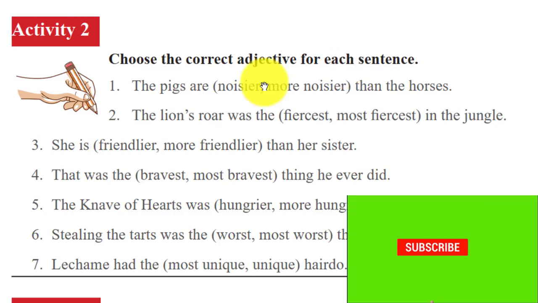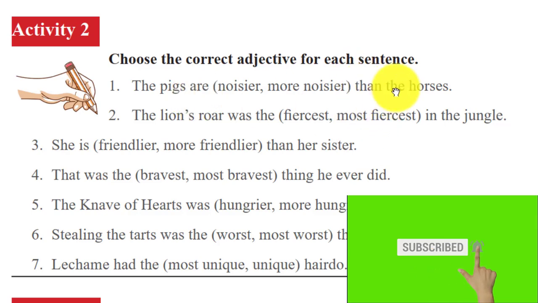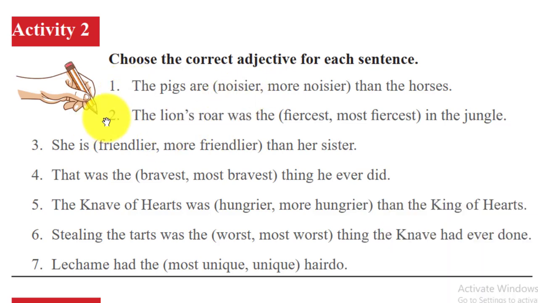The second one, Activity 2: choose the correct adjective for each sentence ነው። አሁንም ትክክለኛውን adjective እንመርጣለን። Number 1: the pigs are blank than ስላለ comparative adjective ነው። noisier እንላለን፣ noisier። The second one: the lion's roar was a blank in the jungle ይላል። እንግዲህ የአንበሳውን ጩኸት ከጃንግል ጫካ ውስጥ ካሉ ድምጾች ጋር ያነጻጸረ ነው። So superlative ነው፣ the plus adjective superlative adjective ነው። እንደገና in the jungle የሚል ነው። ስለዚህ the most fierce የሚለው ይሆናል ማለት ነው። Number 3: she is blank than her sister። than የሚል አለ፣ comparative adjective ነው። ስለዚህ the answer should be ምን ይሆናል መልሳችን? Number 3: friendlier ይሆናል ማለት ነው።